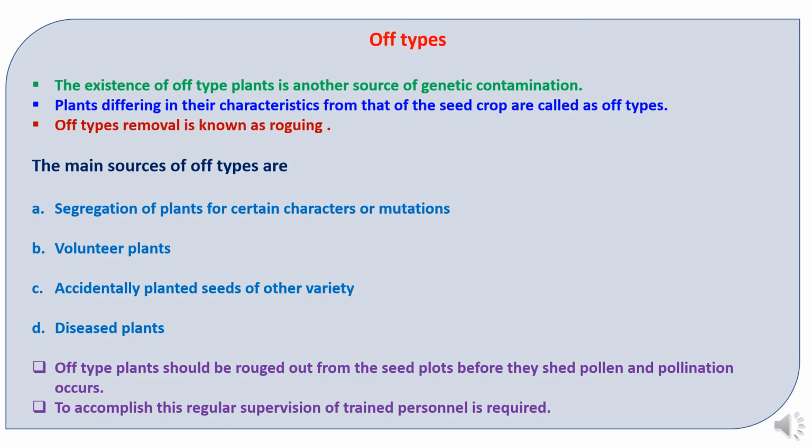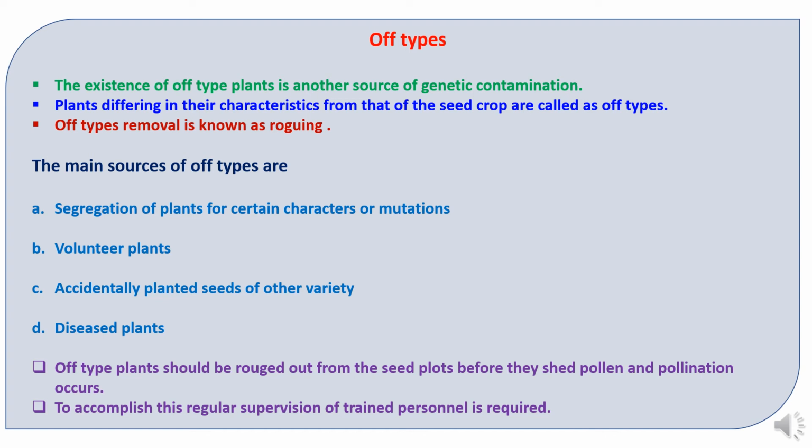Rogging is an important practice to maintain the genetic purity in seed fields, where the off types are removed in time before any contamination. The existence of off-type plants is another source of genetic contamination. Plants differing in their characteristics from those of the seed crop are called off types, and their removal is known as rogging. The main sources of off types are described as follows. First one,